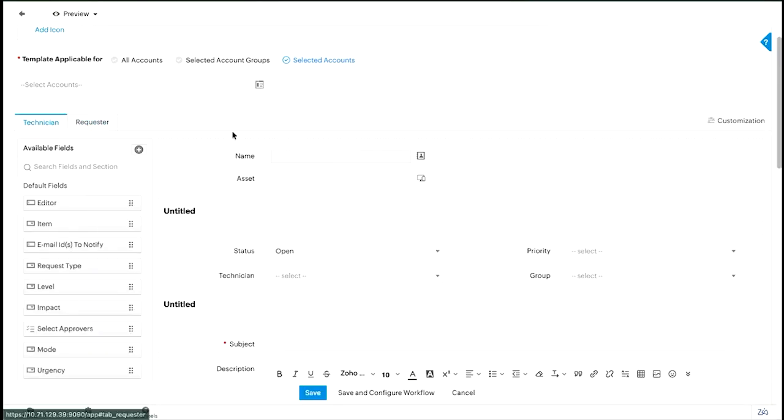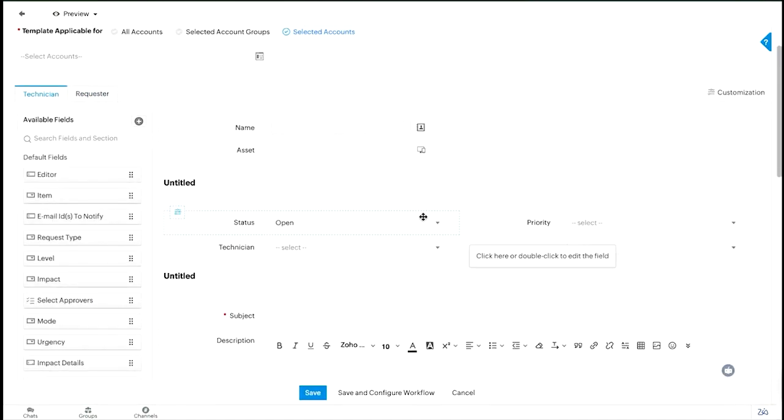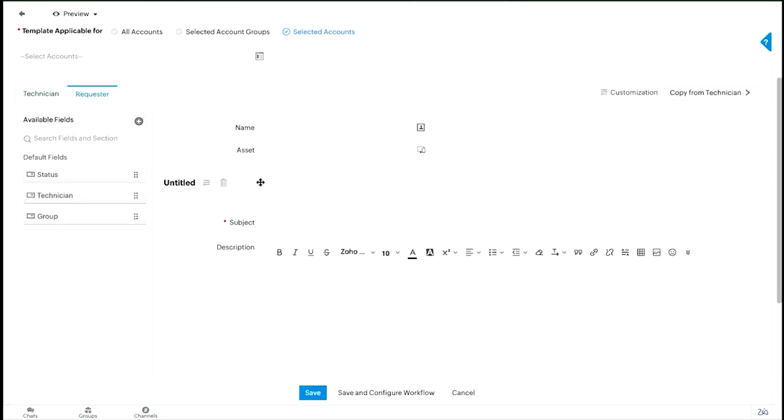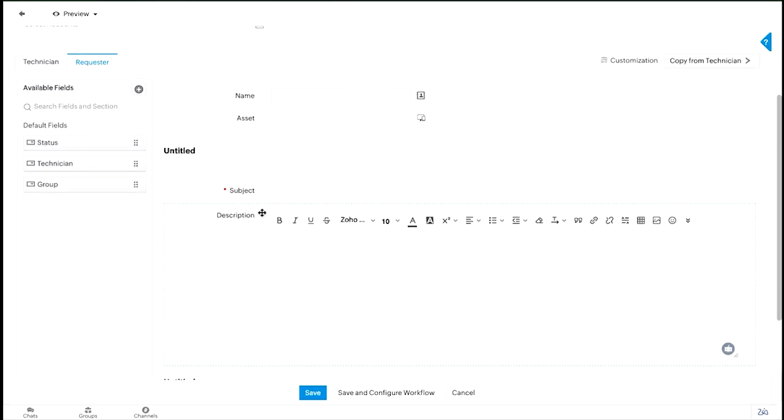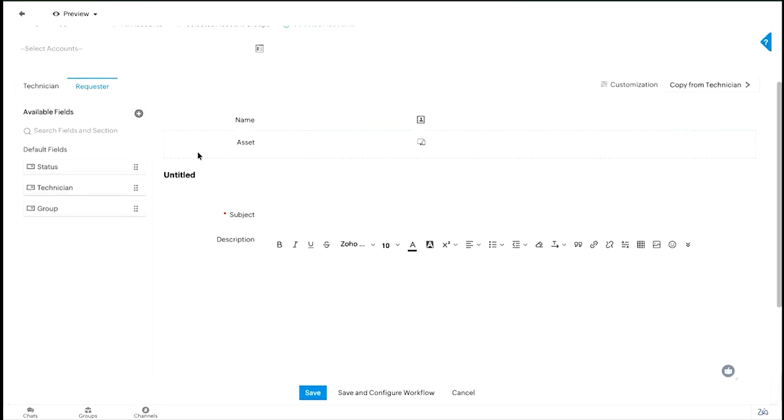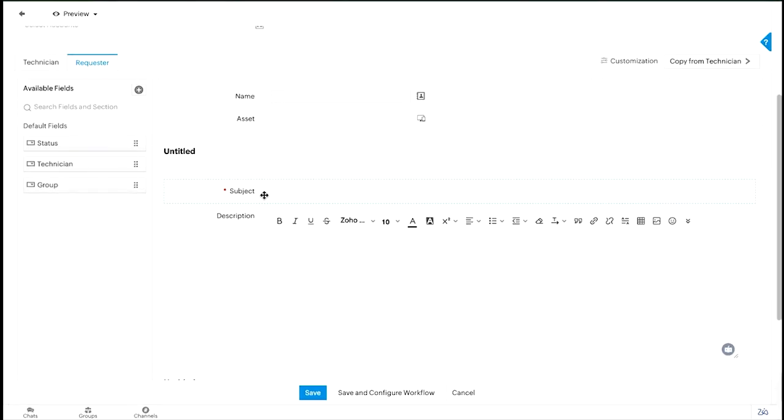So, as you know, not all of these fields are relevant for a requester. So you can design what specific fields are necessary for the requester, and you can configure that as well. The process of configuration is very similar. You can add different sections and you can add different fields. What more you have in both technician and requester